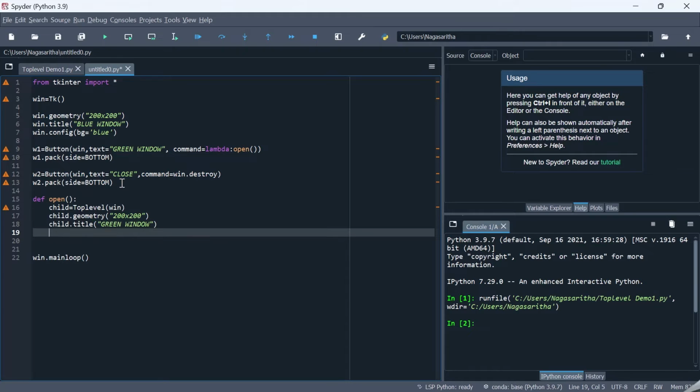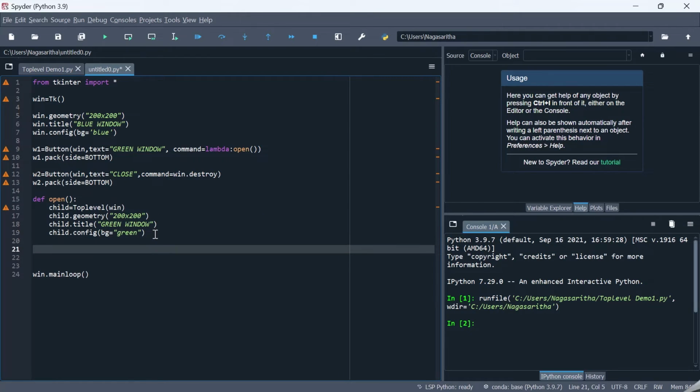And the configuration, that is the background color for this, is child.config bg equal to green. So this we have given for our top level window. And on this top level window again I'm having two buttons, that is button 3, I call it as W3